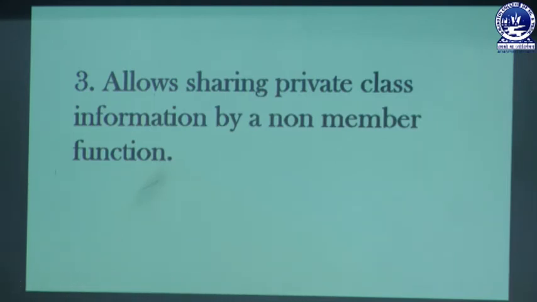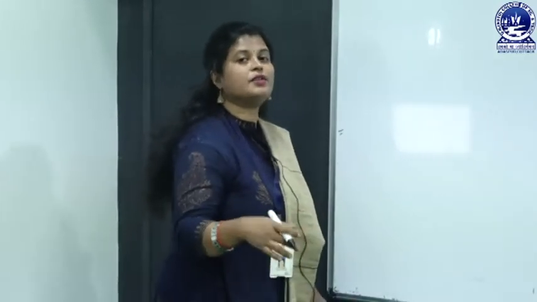These are all the advantages of friend function. Let me explain the friend function once again so that if you have any doubt, you will clear it. We have already discussed the meaning of friend function, how it is used, its syntax, forward declaration, etc. But still I am explaining again so that you will be clear.